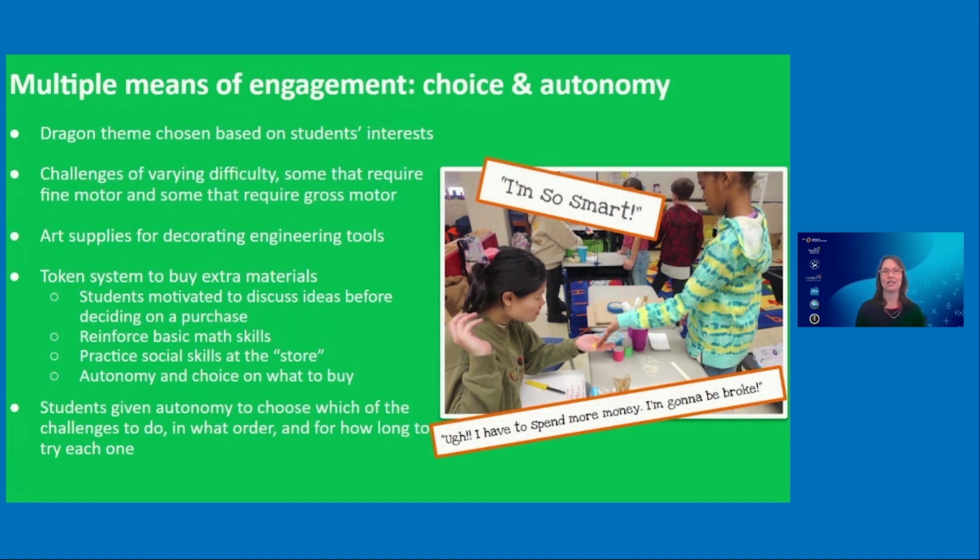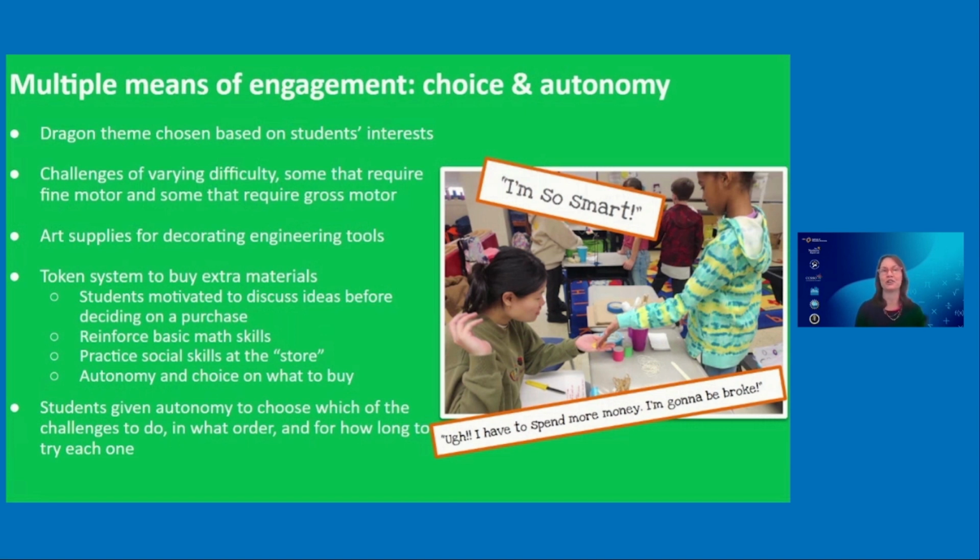And by having these options of, ooh, I've got 8 tokens, how much does it cost to buy that extra material? Or, is it worth it that we splurge on those better elastics with 2 tokens? They have to do a little planning together. This is one of the ways we wanted that teamwork to start to emerge. It also helped our students reinforce some basic math skills as they had to really plan how many tokens they had compared to the price list for these extra materials they could buy.